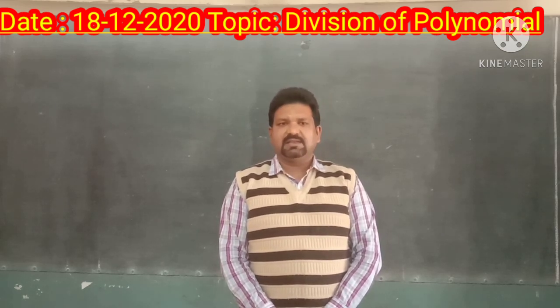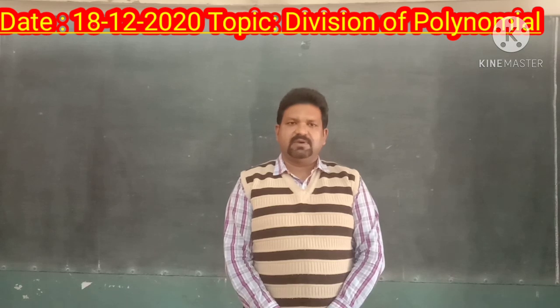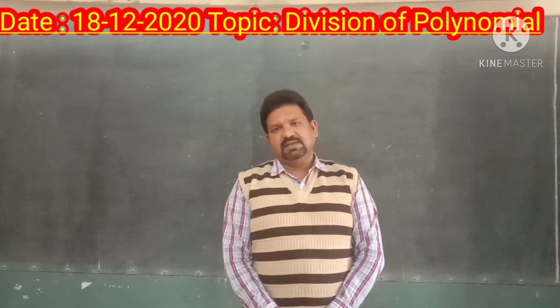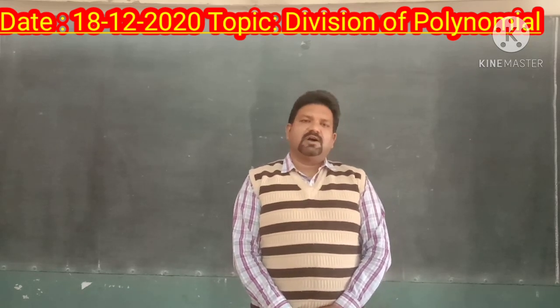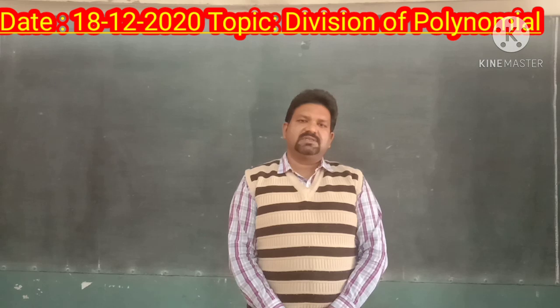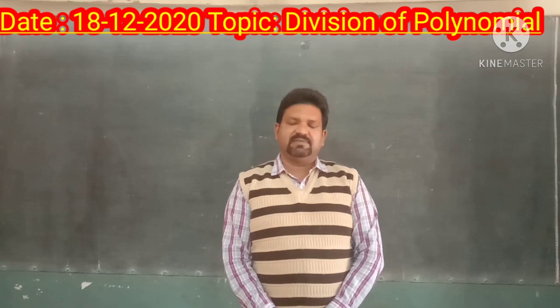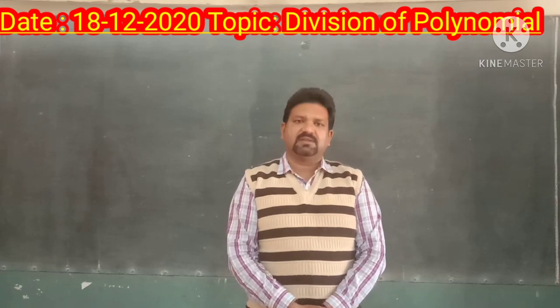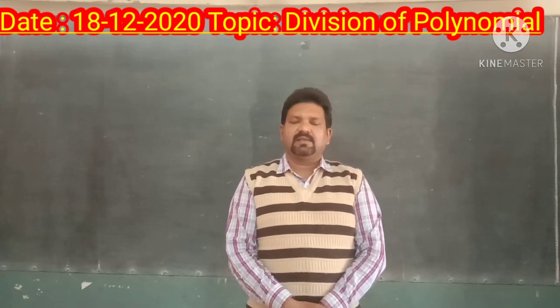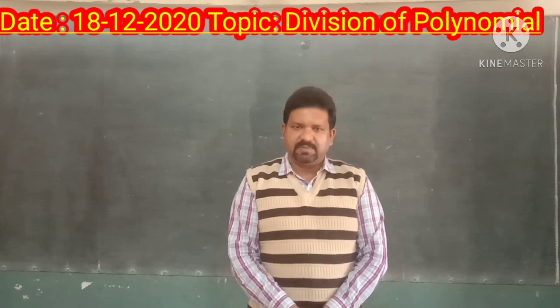If the same signs are dividing with each other, then the answer will come positive. For example, positive divided by positive or negative divided by negative, in both conditions the result will be positive. But if the signs are opposite, for example, positive divided by negative or negative divided by positive, it means different signs are dividing each other. So that's why the answer will always come with the negative sign. So this is the trick that you can remember.